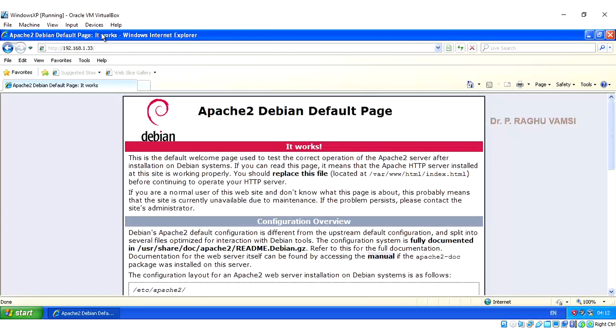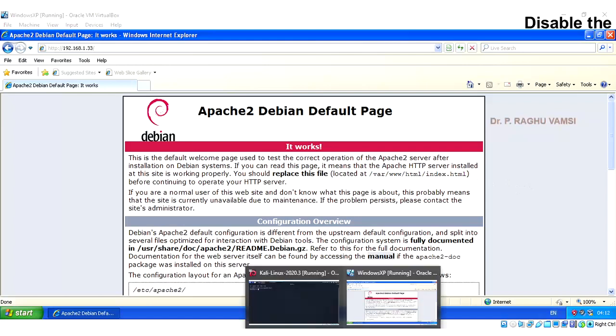Then you will get the home page of the Apache2 server. Now, where is this server located? It is in /var/www/html. In this is the index.html file that will be generated.